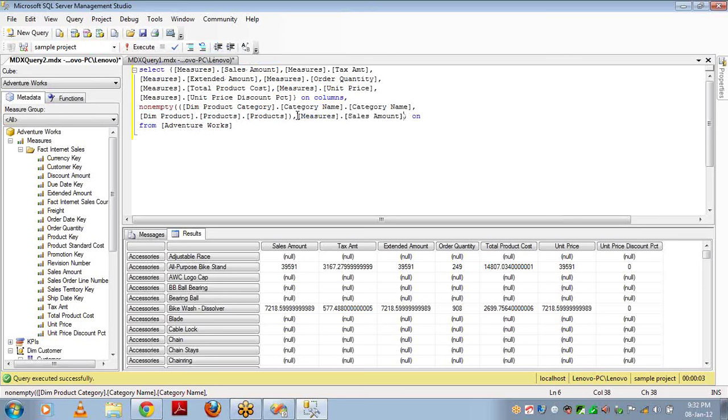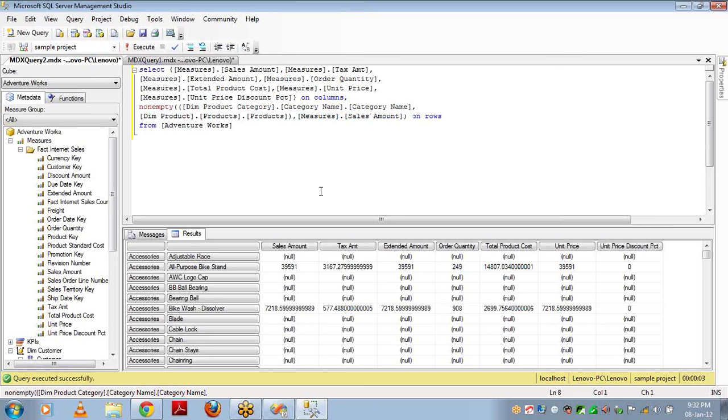The main difference between filter and this one is that with filter, you can filter the attribute values, the row items, based on some other attribute. But here you cannot use another attribute. What you can use is only measures. And this one will filter when the measure that you specified as the second parameter is null. The second parameter is sales amount in this case.